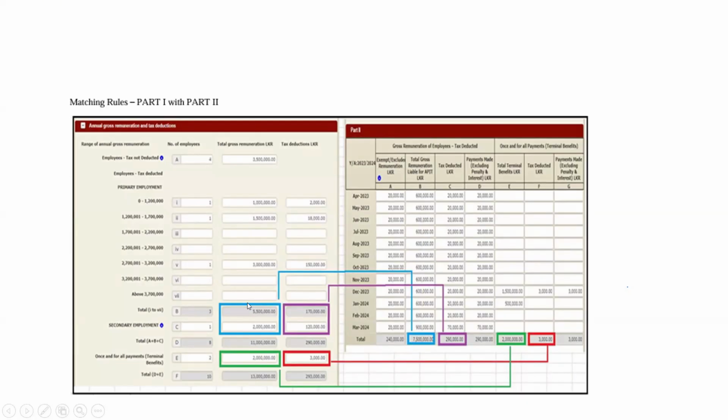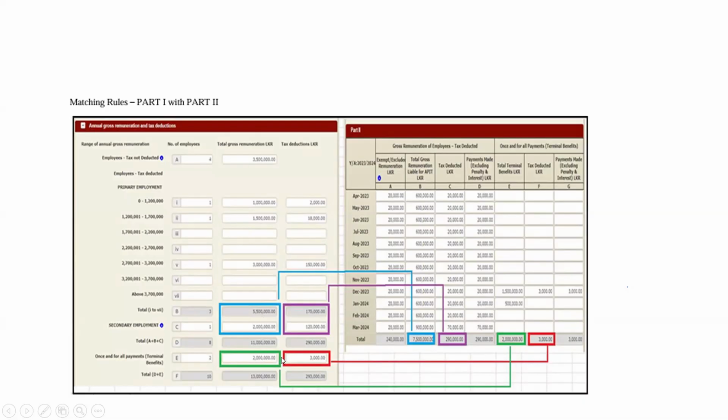Say the total remuneration paid to the employees who are liable for the tax deduction. So this amount, that means B and C, has to be matched with the total in Part 2. The remuneration and the deducted amount have to be matched.